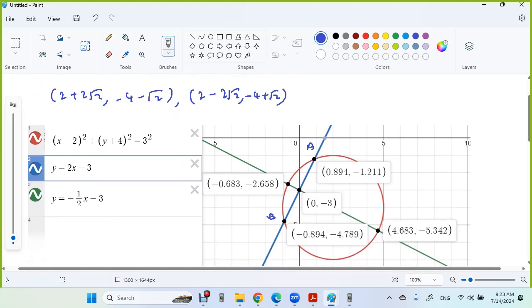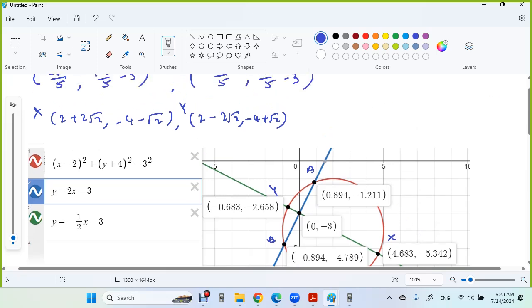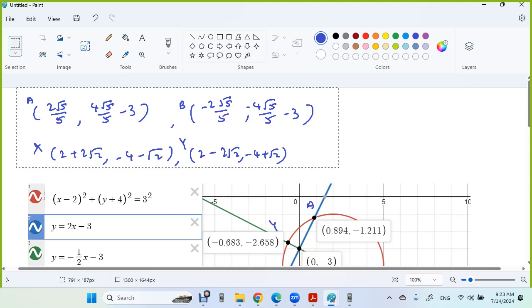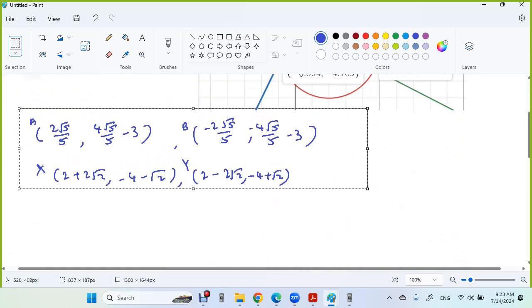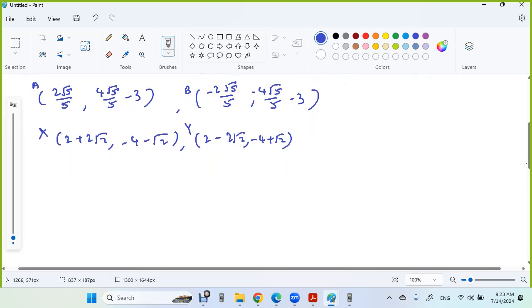Then we have the 2 plus 2. This one will be X, and this is Y. Okay, this is the Y here. So it's AXBY. What we want is to find the area of AXBY. So the area of AXBY will be half,